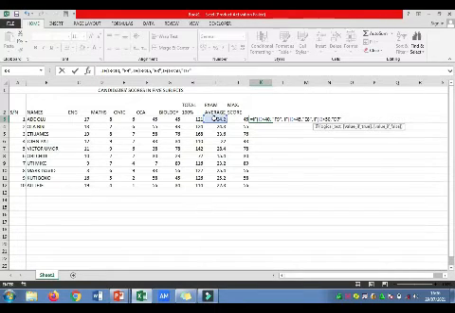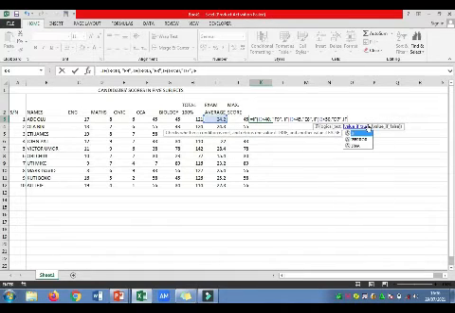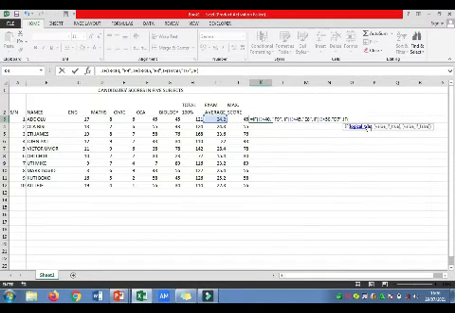Then if the average score of the student, you click on the average score again, which is I3. If the average score, if should start, that's open bracket. Then if the average score, which is this, is less than 60, and we have let's say C6,